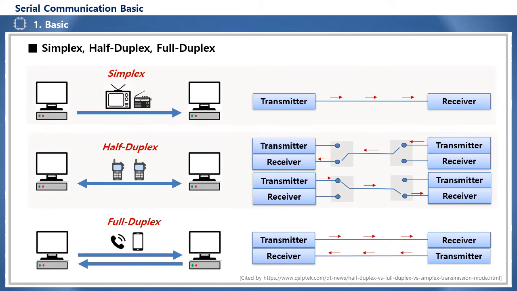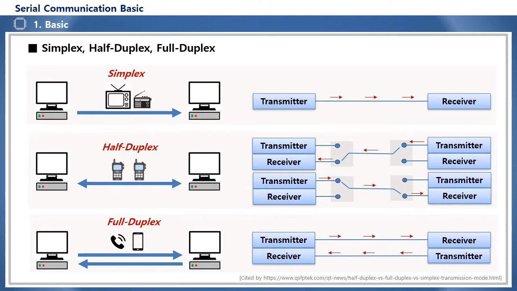Half-duplex, which selectively transmits and receives on a single channel, is a method of communication that uses a dedicated switch to select when to speak and when to listen, like a walkie-talkie. It has the advantage of being able to easily secure multiple transmission and reception channels because it has a structure that transmits and receives on a single communication line, but has the disadvantage of being slow. In other words, it requires a process of following the procedure between transmission and reception, such as waiting for the other party to speak and then speaking.